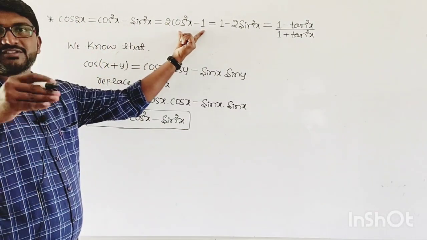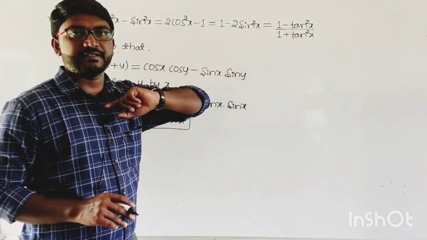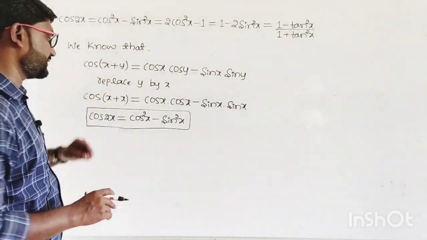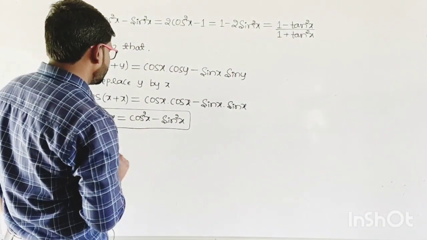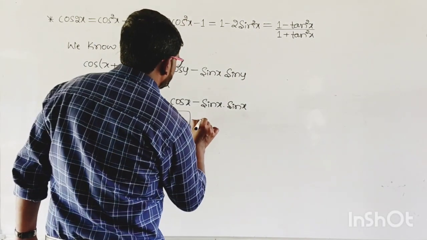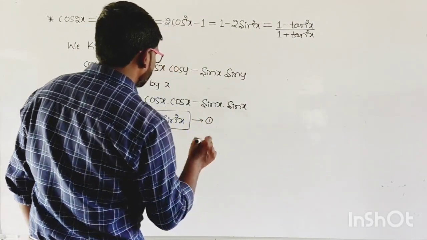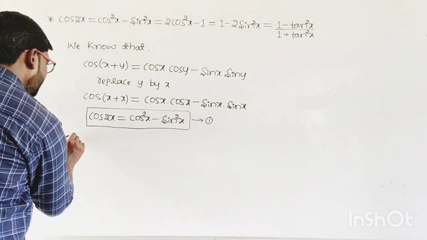Next, go for the 2 cos square x minus 1. For the remaining 3 results we are making use of the first one. To prove the remaining 3, we have to use cos 2x equal to cos square x minus sin square x. I call this equation number 1. Now the second one, see here again